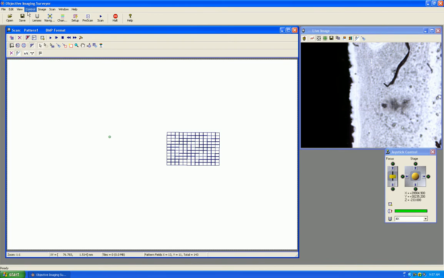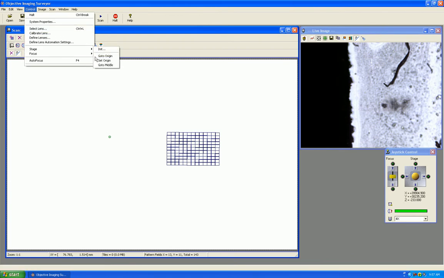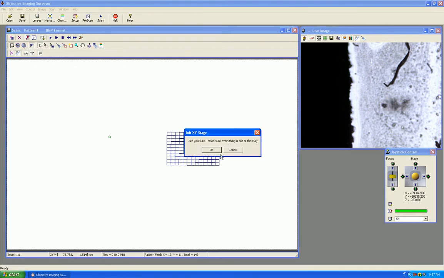The first thing to do is to go to Control and initialize the stages, making sure you're at a low power objective and nothing is in the way. The stage will now drive to its limit switches so it knows where it is in space. Once this is done, the next step is to adjust and put a microscope slide on there,